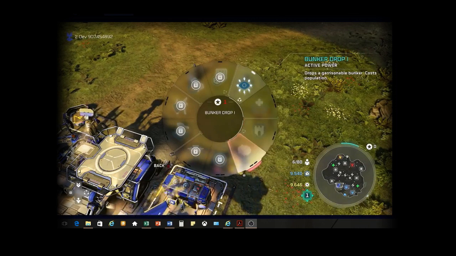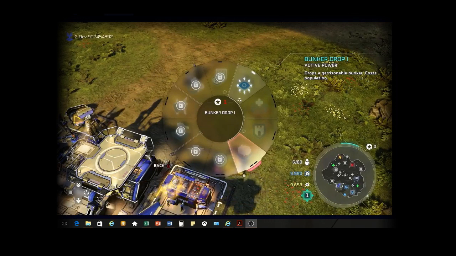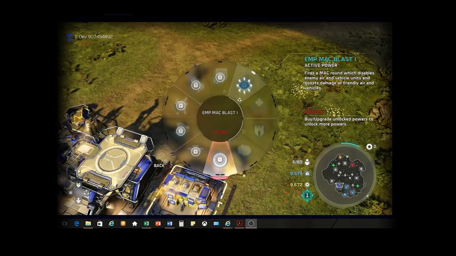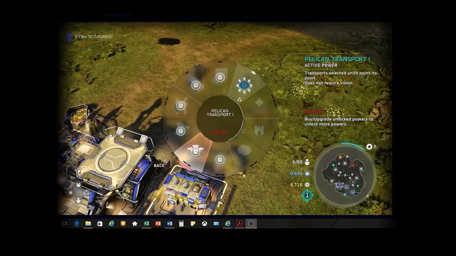We got bunker drop, which again we've seen, so you get a secondary drop here. Now, interesting to note, it does cost population, but there's only 3 population space, so just keep that in mind. Here we have the EMP Mac Blast, which again fires that Mac round, which disables enemy air and vehicles, but also boosts the damage of your friendly air and vehicles. Again, I think it's going to be really good. I'm sure that the damage is scalable a little bit compared to regular Mac Blast, but still the additional effects